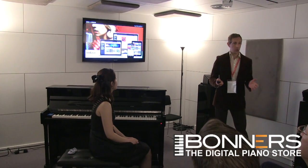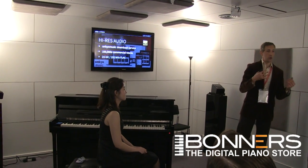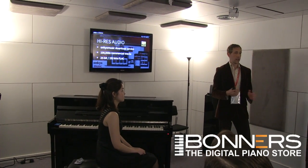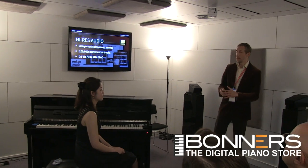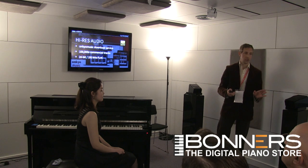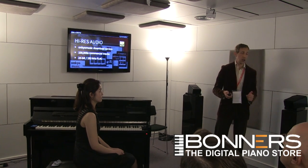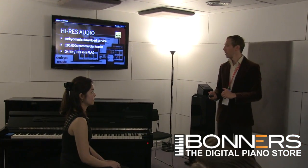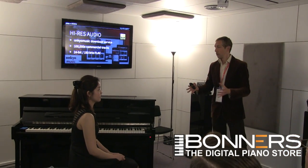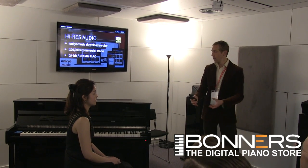Now, the Onkyo digital audio player also integrates with Onkyo's own Onkyo Music and eOnkyo digital audio download services. This is a great download service with hundreds of thousands of high-resolution audio tracks available in 24-bit, 192 kilohertz FLAC. So with this digital audio player and with the surround speakers and with the CSX1, the instrument sounds great